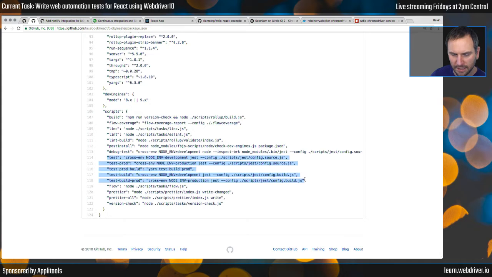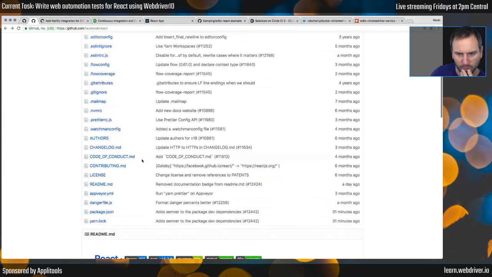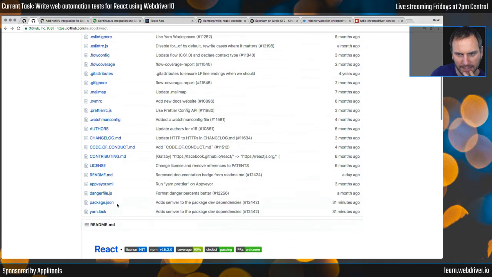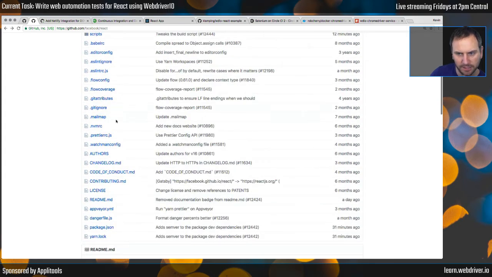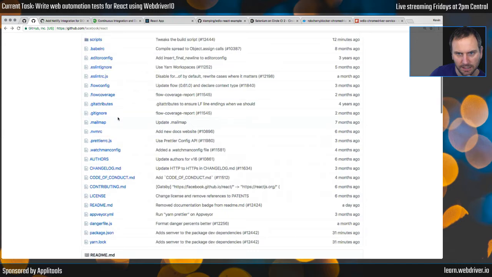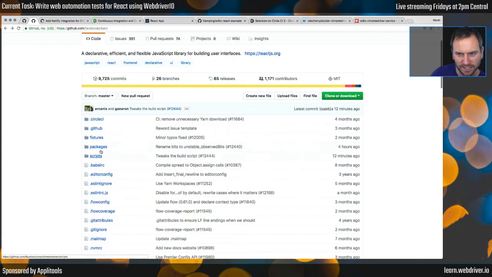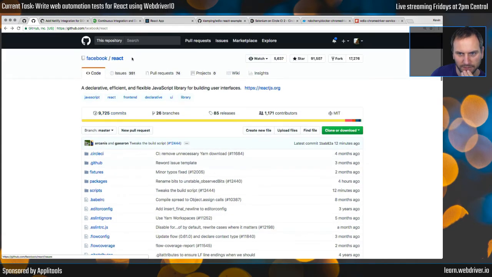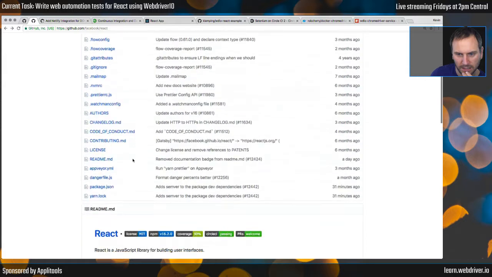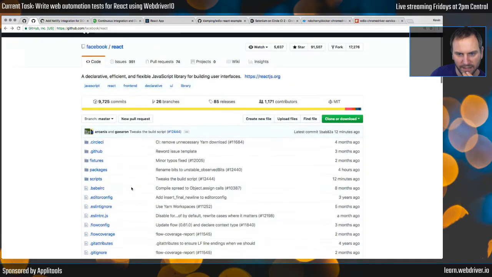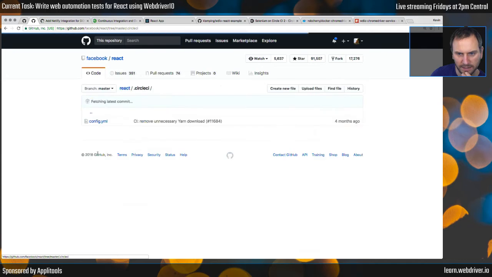So we'll want to add another test command that runs the web tests. Then aside from that, we'll be wanting to add a configuration file, wdio.conf.js, into here. So that's in the base folder of the React code base. And then we'll need to update the Circle CI build